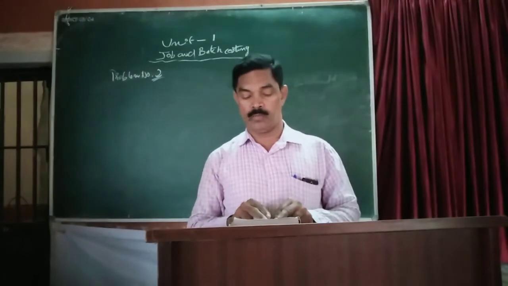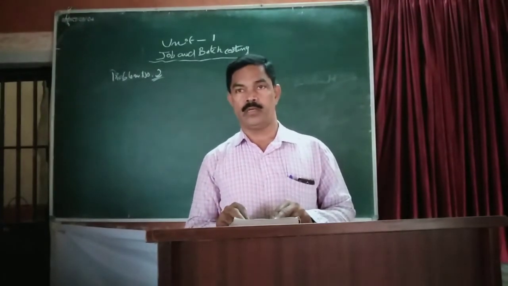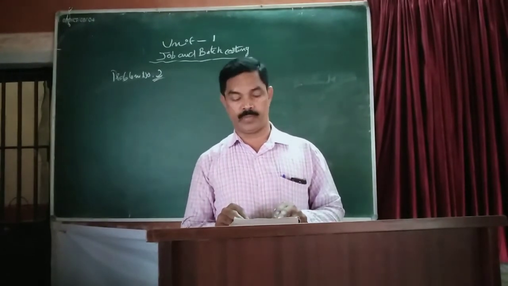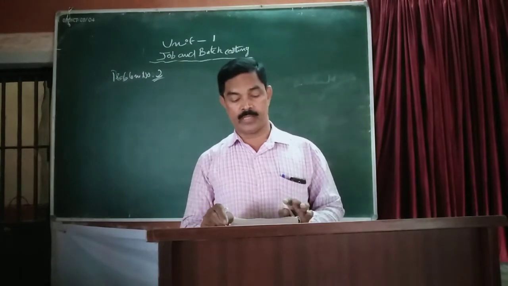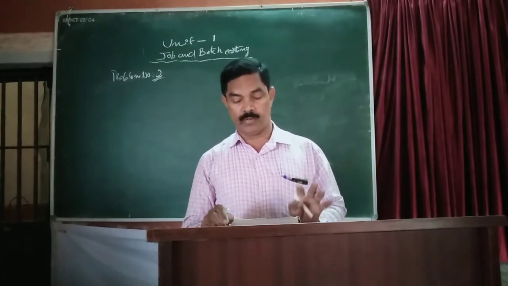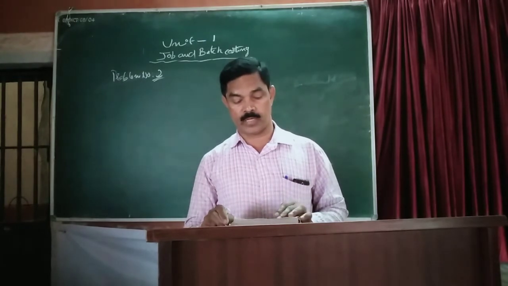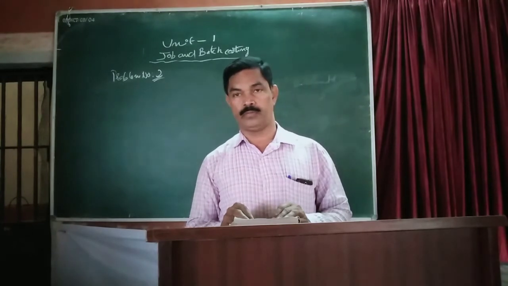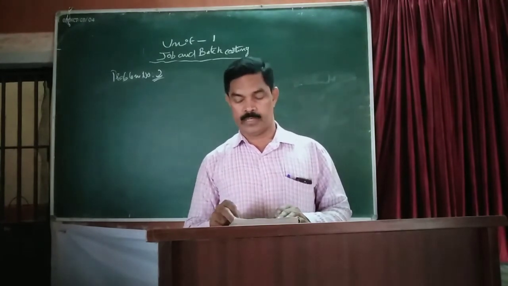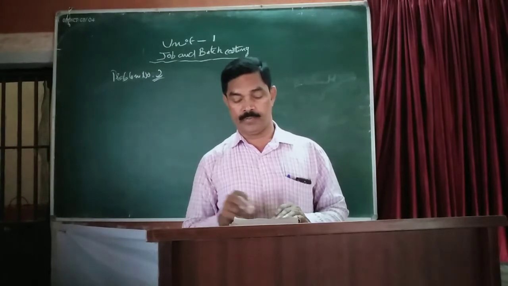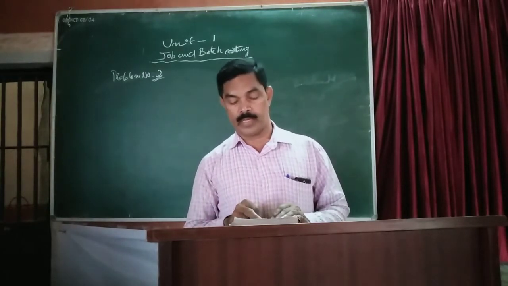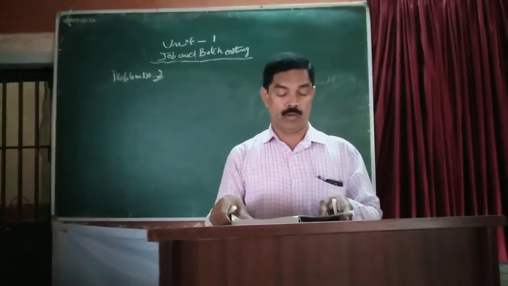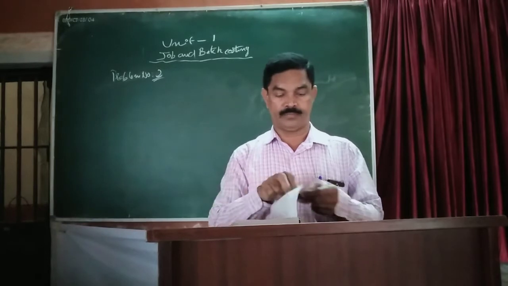See, here we are asked to prepare an estimate, that is we have to forecast the total cost of job number 150. Certain information is given: materials consumed is given, wage is given, factory expenses are given, office expenses are given, then estimated profit is also given. So here factory expenses we have to calculate, office expenses we have to calculate, and again the percentage of profit also we have to calculate. So let us see how a job cost sheet is prepared here.